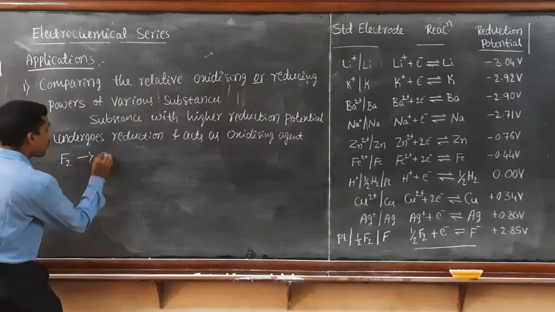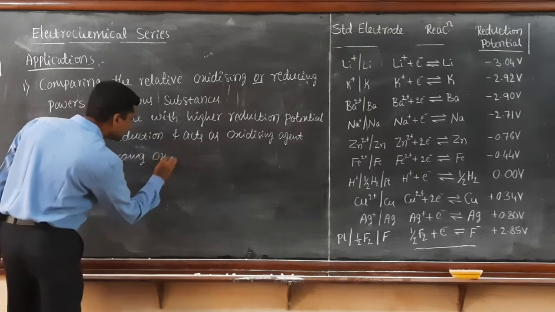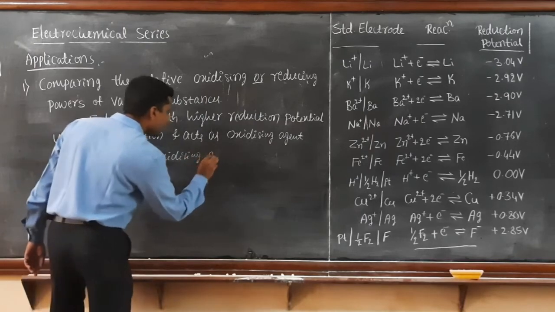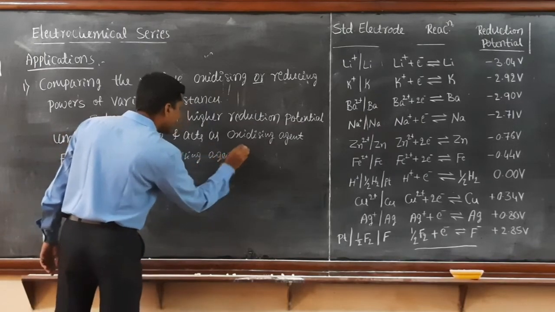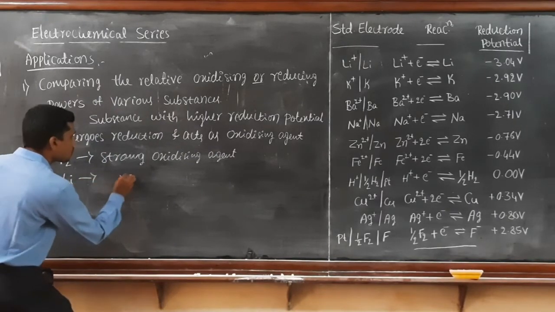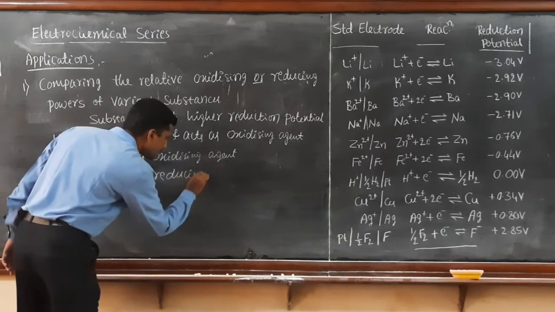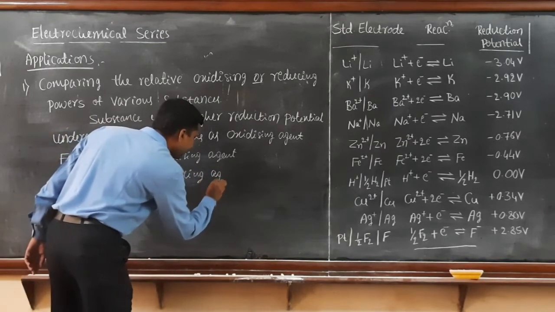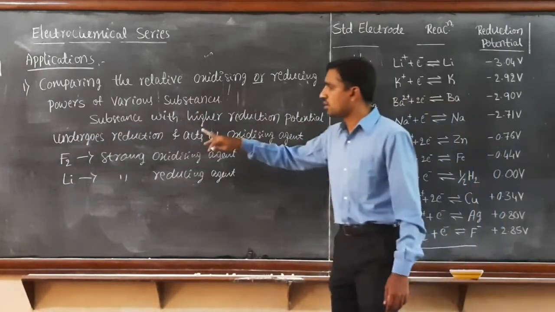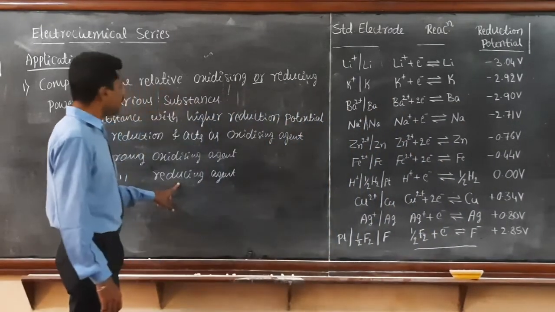F2 is a strong oxidizing agent, and lithium is a strong reducing agent. Why is lithium a strong reducing agent in this case? Right? So F2 is the best oxidizing agent, and lithium will act as a strong